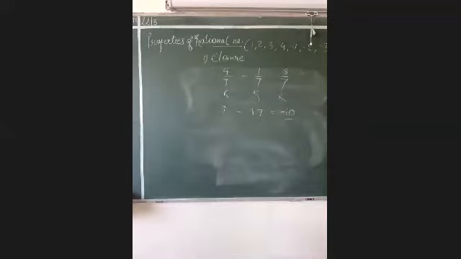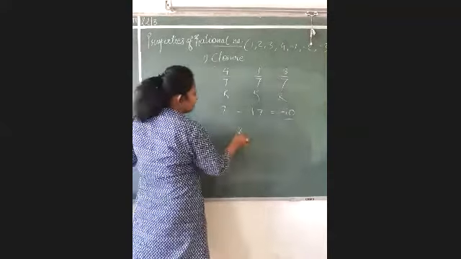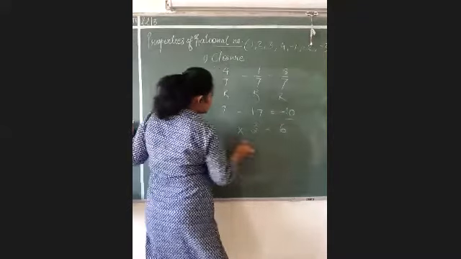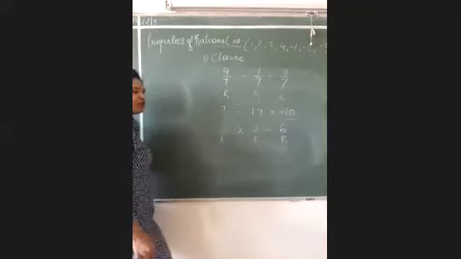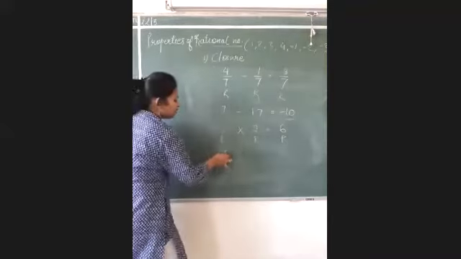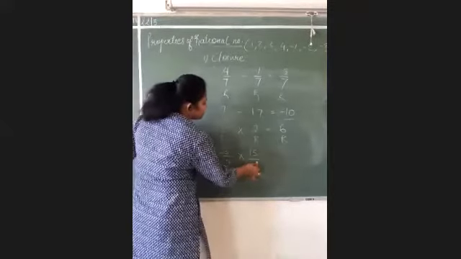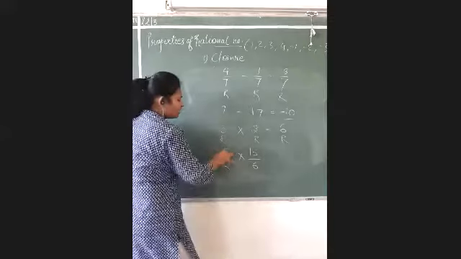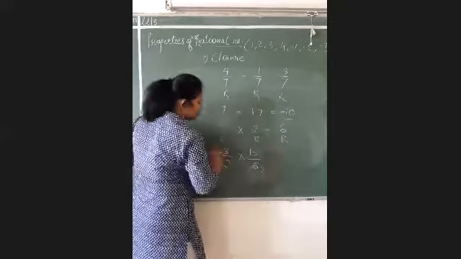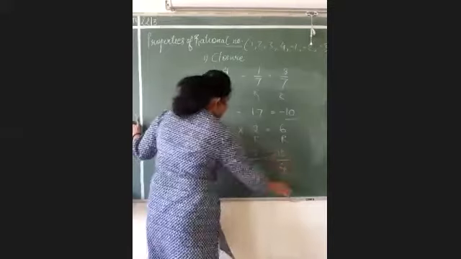Okay, now let us try multiplication. 3 multiplied by 2, the answer comes 6. This is a rational number, this is also a rational number, and this is also a rational number. Let us take a different number, for example, 3 by 2 multiplied by minus 15 by 6. A random number I took. Okay. Now look here. 3 1s are 3, 3 2s are 6. More it will not be cancelled. It will give you minus 15 upon 4.